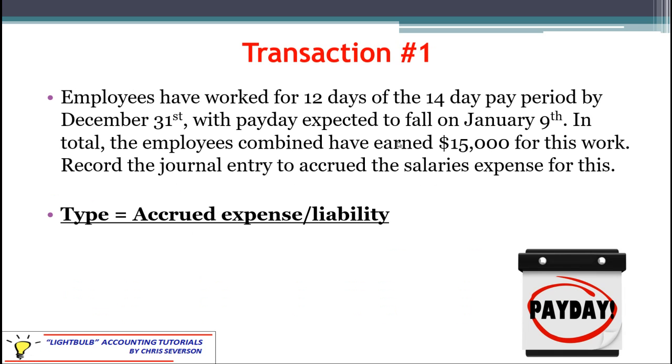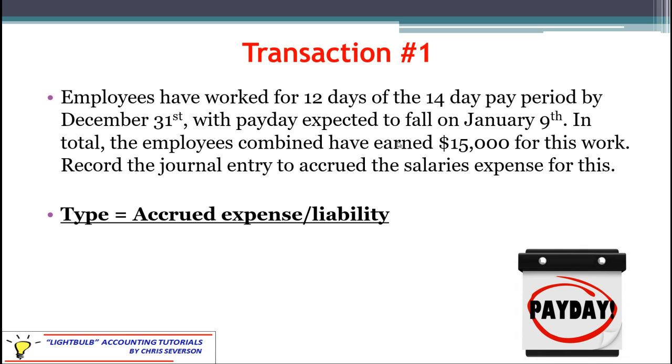So let's take a look at transaction number 1 of our adjusting entries. This is probably the most common, or one of the most common adjusting entries you're going to deal with. Employees have worked for 12 days of the 14-day pay period by December 31st, with the payday expected to fall on January 9th. So apparently they have a week lag in between the last day of work and the payday,